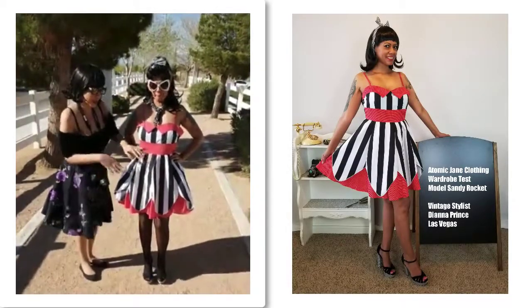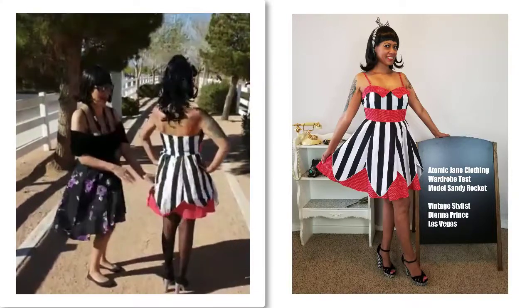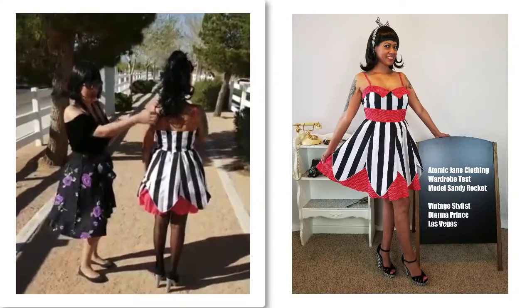And you don't need a belt with this because it has a pattern. So you see if she turns around, the pattern isn't here. So I just love it. And if you look at the straps, they are the red